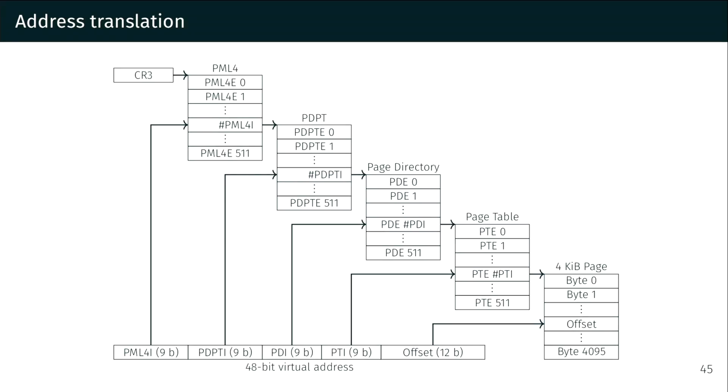So on modern operating systems, every application has its own virtual address space. At some point, the CPU needs to translate these addresses to the physical addresses actually in the DRAM. And for that, we have this very complex looking data structure. So we have a 48-bit virtual address, and some of those bits map to a table, like the PML4 table with 512 entries. Depending on those bits, the CPU knows at which line it has to look. And if there is data there, because the address is mapped, it can proceed and look at the page directory pointer table, and so on